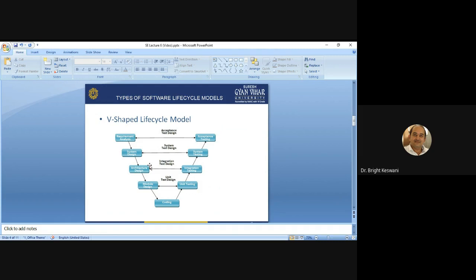Okay, so this is a phased development process, which consists of all the standard steps of SDLC.